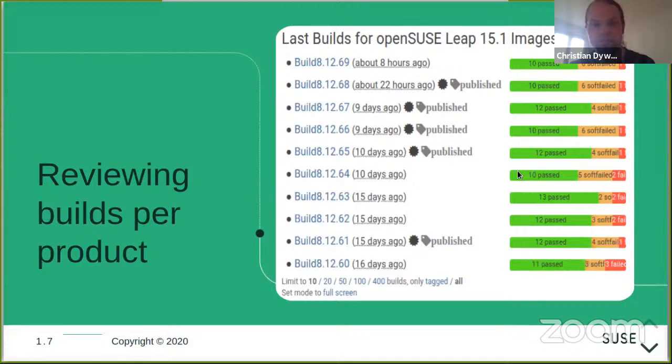You can see when they were built. You can see that builds have passed. So for instance, you see a few passed ones, you see a few soft failed ones, and you see a few failed ones there in those nice and colorful bars. I'm going to explain in a moment what this actually means. You may not know the distinction, but I'll get into the details of what the actual status of a test is.